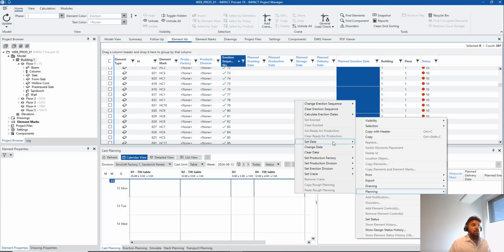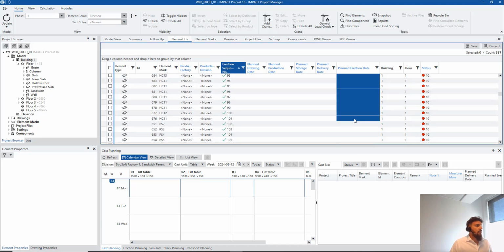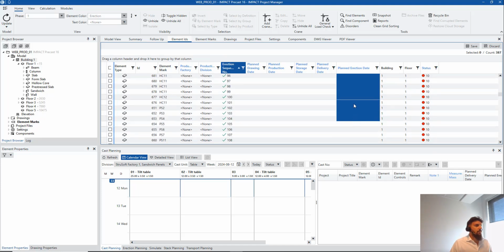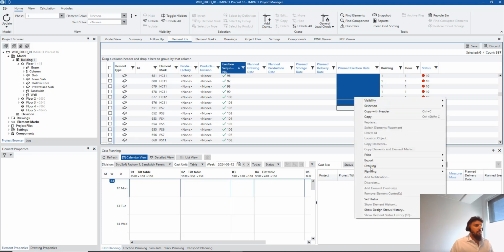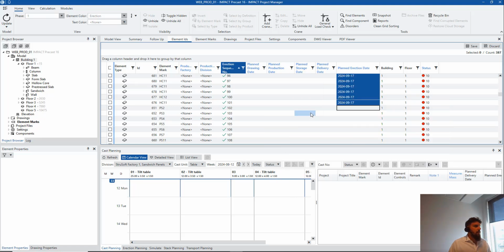These dates are going to be very important for the next webinar. I have already preset all the dates in a sense, but for the rest of the project, and I will do the one that I imported today for next time. Planning, set date. I'll just put the date to be the 17th, apply, and then I will continue to the rest of the slabs, and